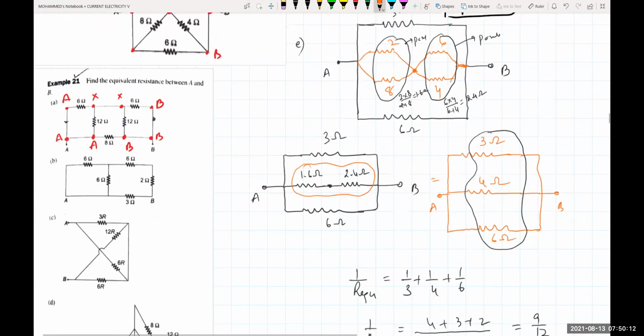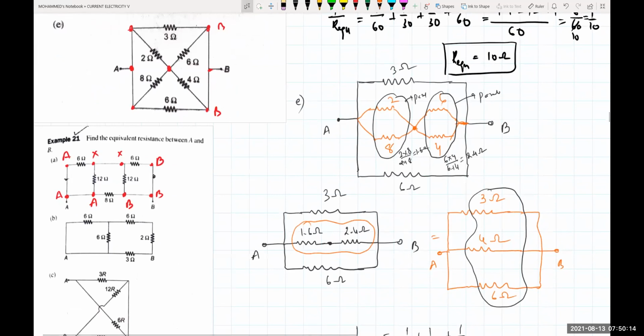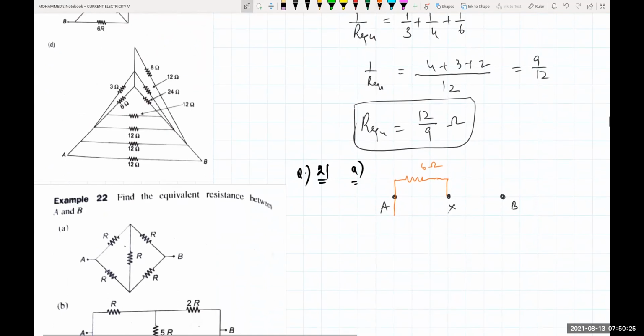See if there are any more resistances between A and X. Between X and A there is 12 ohms, so between A and X there is one more resistance, that is nothing but equal to 12 ohms. Okay? Is it clear? Yes, sir.